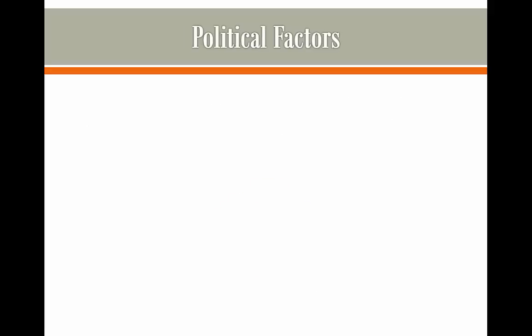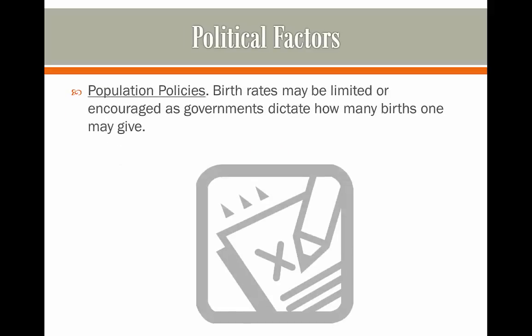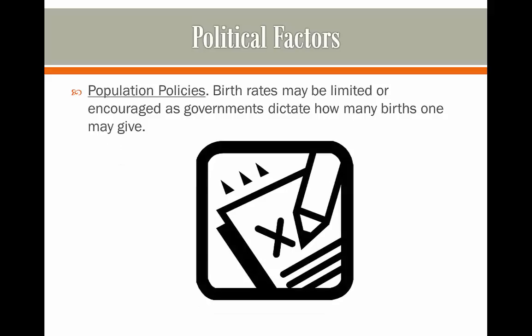Okay, political factors. Now the main political factor, which is really the only one that you're going to have to know if you can think about this, great, but it's population policies, and these are the birth rates that are going to be limited due to the government setting in rules in order for the population to have a certain number of kids. So for example, China's one child policy is the best example that you could probably give,